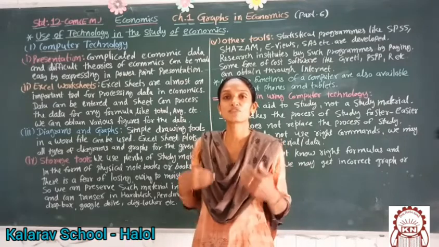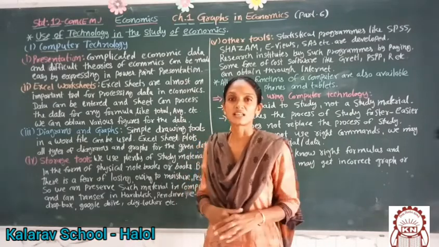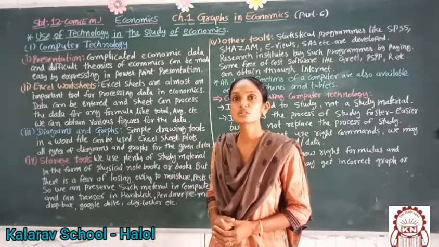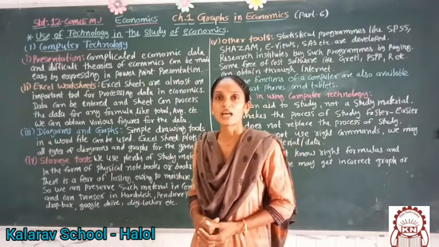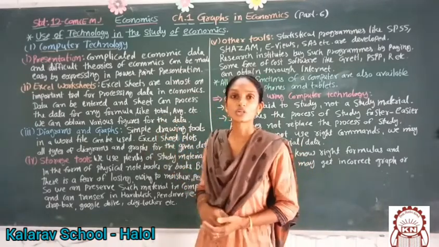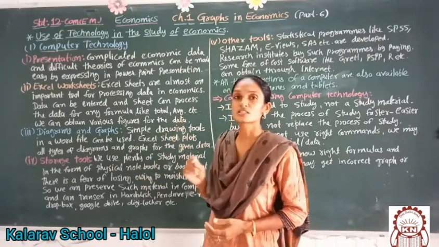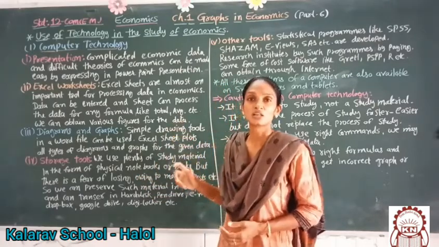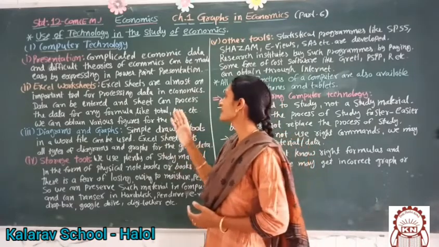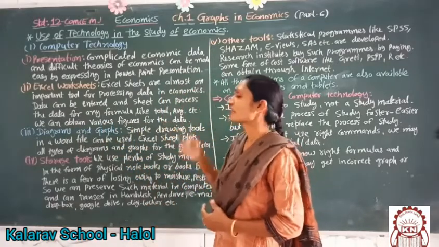When we place the data in the computer, there are many cells in an Excel sheet, and with the help of the Excel sheet we can use different types of formulas. For example, for a total, the formula is equal to SUM, and for an average, it is equal to AVG. So knowledge of formulas can be gained with the help of Excel sheets. We can obtain various figures for the data.